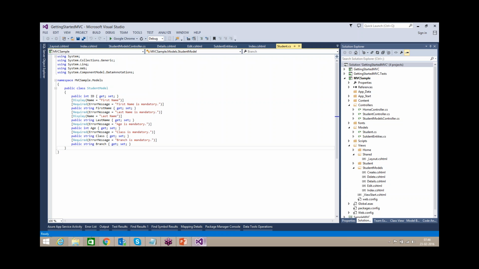While posting, it posts all the data, and while getting, it gets the entire data back.